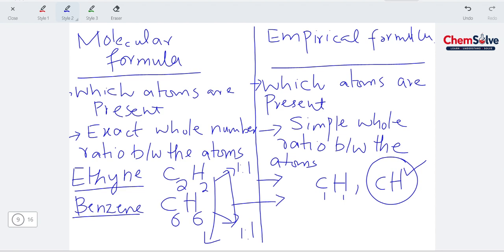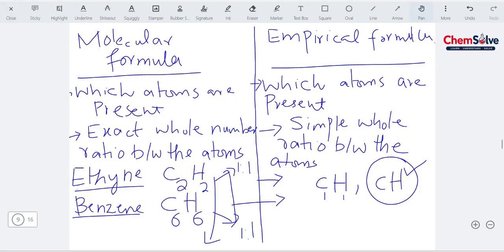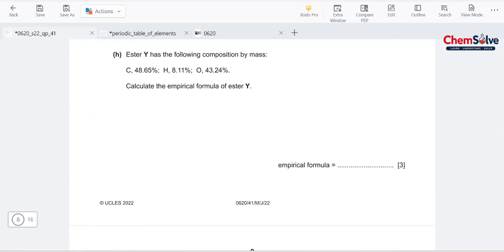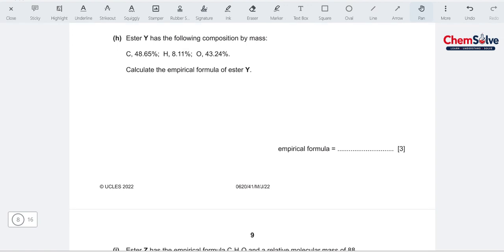Okay, so this was the concept, and now we will move towards how to calculate the empirical formula, what information is provided to us in the question, and if we calculate the empirical formula, then how we can proceed towards the molecular formula. For that, we have an example here from a 0620 IGCSE chemistry past paper. So you can see